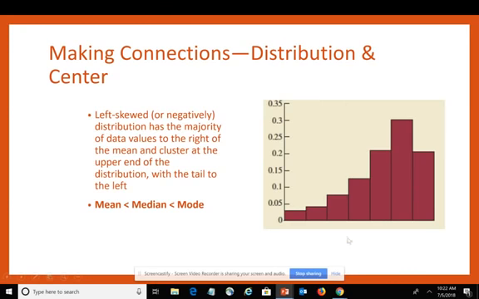Finally, to confirm that a distribution is left skewed, you look at the relationship that the mean is the smallest. So the mean is less than the median, which is less than the mode. So you'd be looking for this relationship here, and you want to make sure that that's a true statement. Now, sometimes the mode, especially if you have more than one mode, can kind of cause a problem when you're looking at that relationship. So most of the time, you can focus primarily on the relationship between the mean and the median.